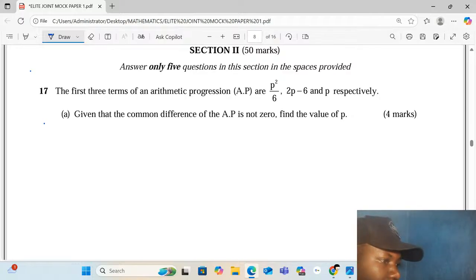Given that the common difference of the AP is 0, find the value of p. Now we have the 3 first terms of the AP. So the first thing we have to look at